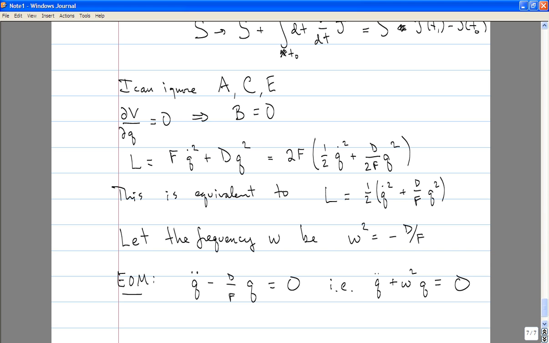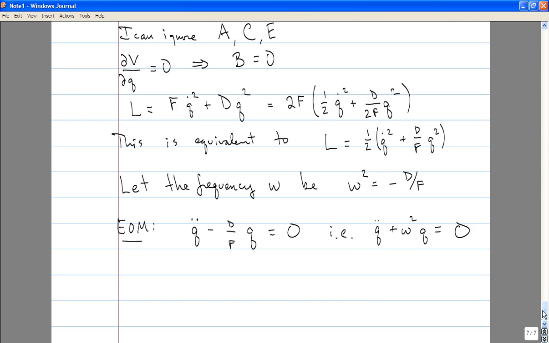Even I can solve that differential equation. You probably remember this differential equation from your freshman physics classes or from many, many other classes. So what are the solutions to this differential equation?